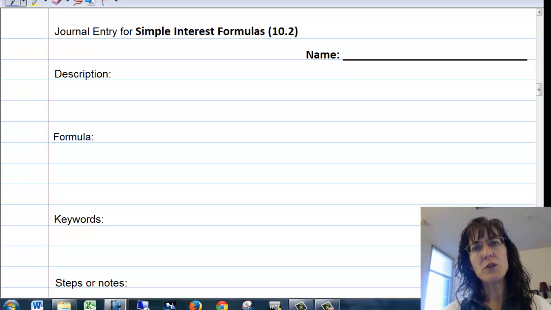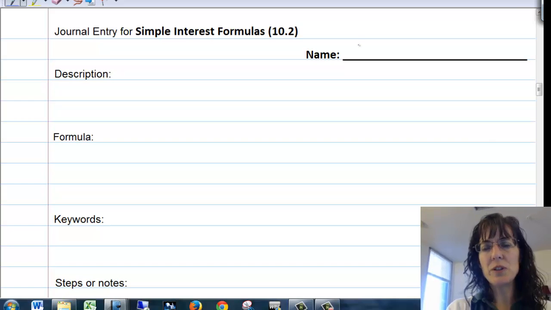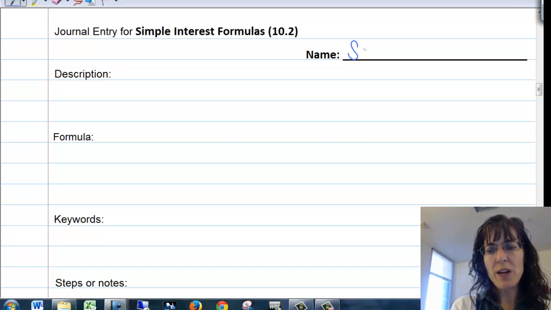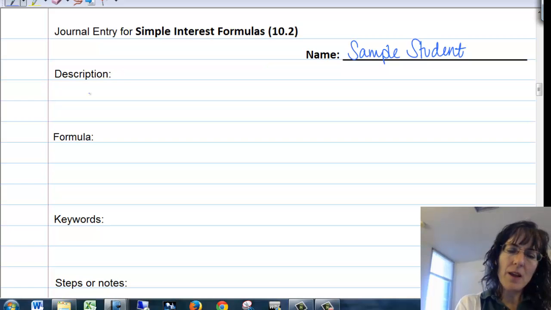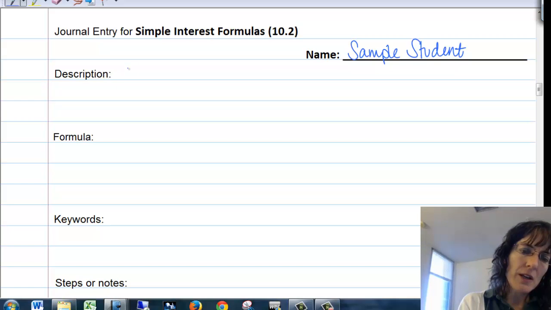So, simple interest formulas. This is 10.2 if you want to look at it in your book, and we're going to make a journal entry. Remember, put your name here. And a description of the simple interest formula would be